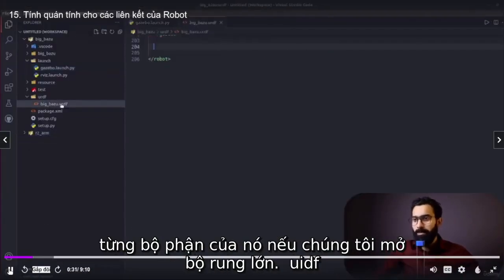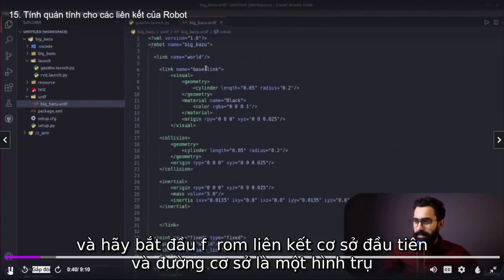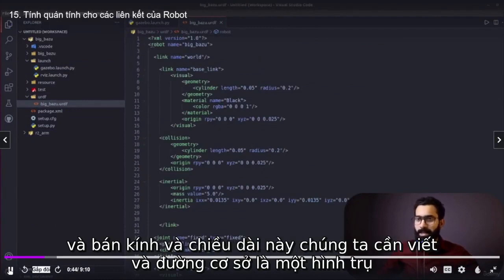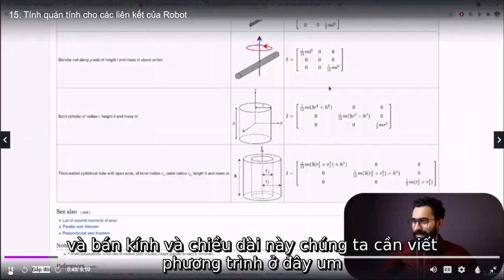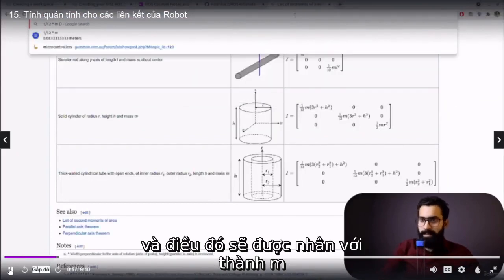If we open up our bigbazoo.urdf, let's start from the first, base link. The base link is a cylinder of this radius and length. We need to write the equation here as well: 1 by 12 into m, and that is going to be multiplied by